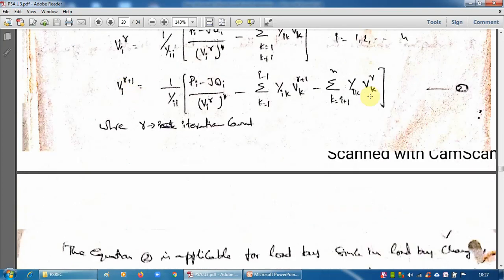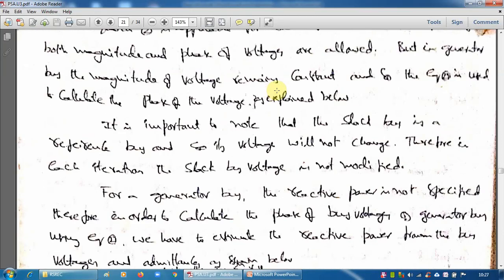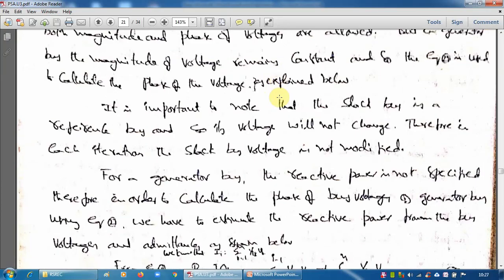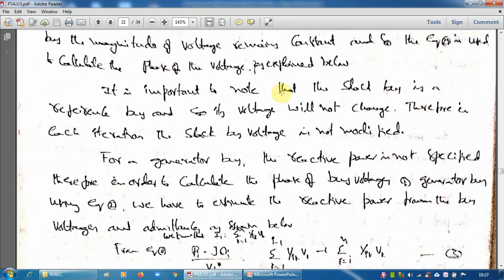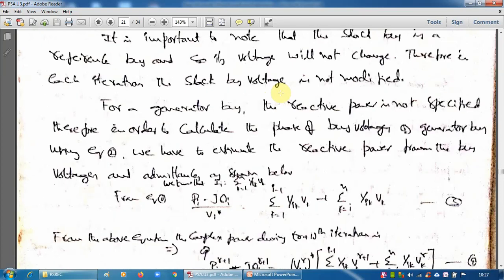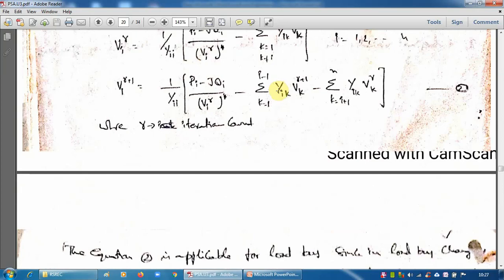Whereas so far we discussed P and Q are given, so we can substitute here. And what we calculated, V and delta from this equation. So that is the case of load buses. P, Q are given, V and delta are to be calculated, and we calculate over. For generator bus, if any one particular bus is generator bus, what we have to do? We have to calculate Q and delta. P and V are given. So as per that requirement we have to go.